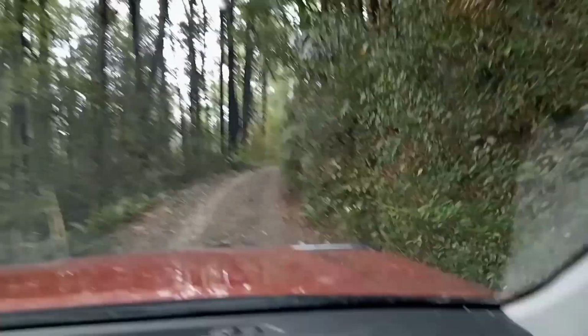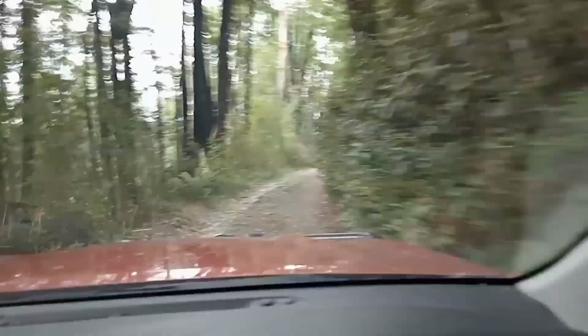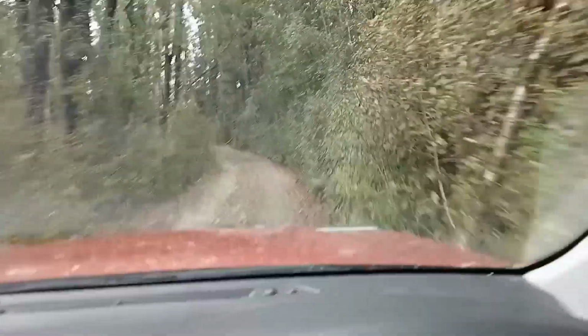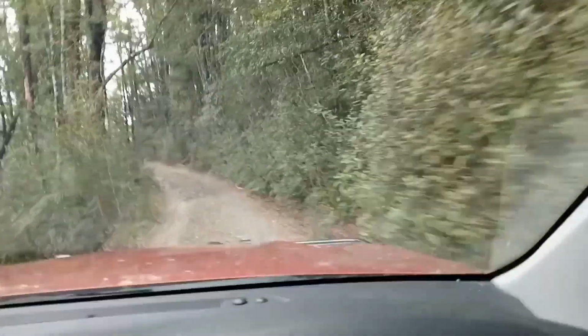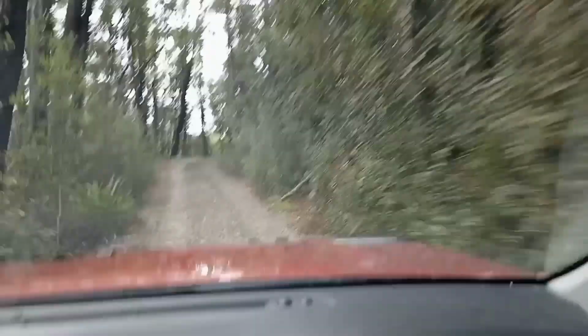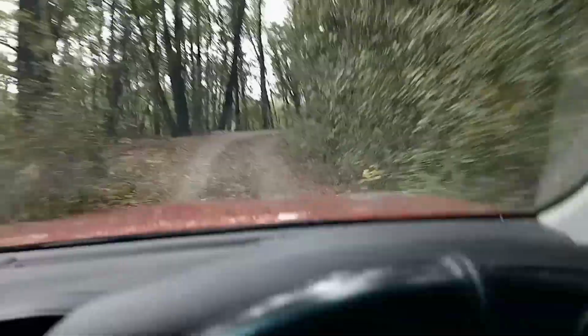So beautiful out here, just cruising through the bush. It's not a very wide track, but plenty of room. Wide enough for a standard ute. And it's not very rough. It's mainly like this, as you can see. You've got the odd few little rougher sections, but